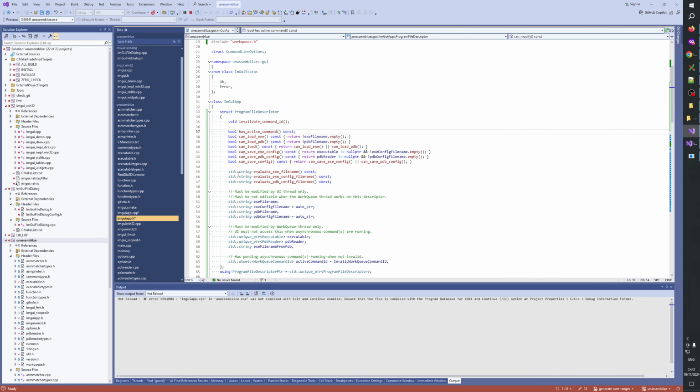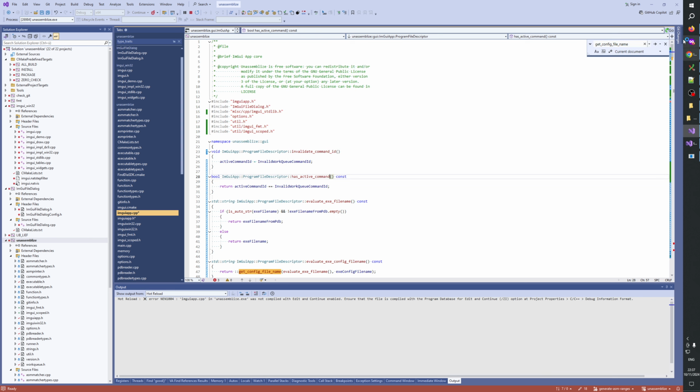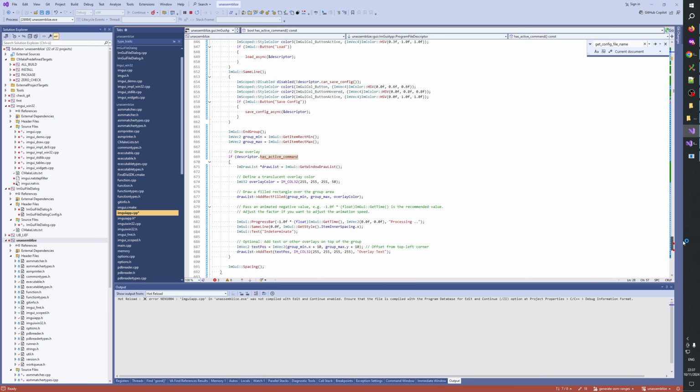Okay, let's go back down here. If descriptor has active commands, let's comment this out now because we want to see it always. Okay, and here we say processing